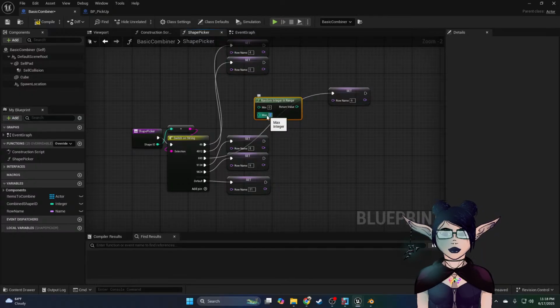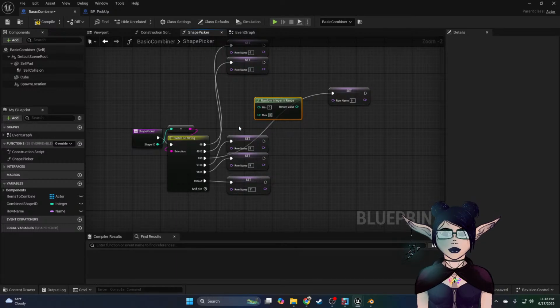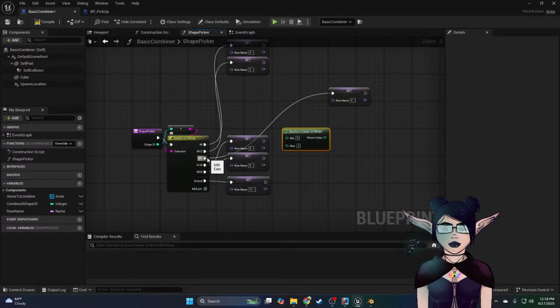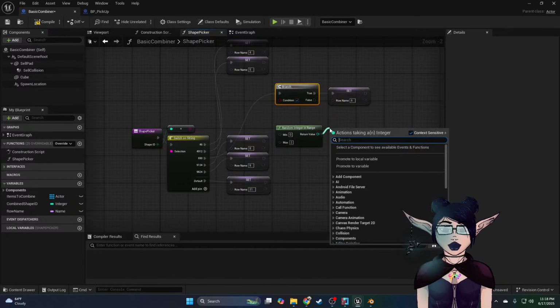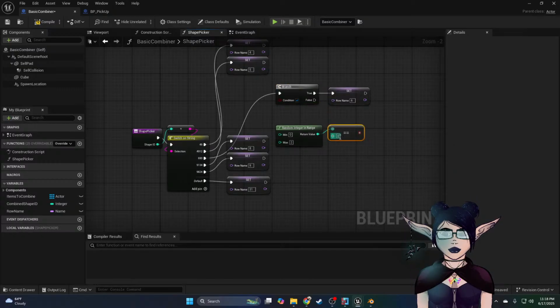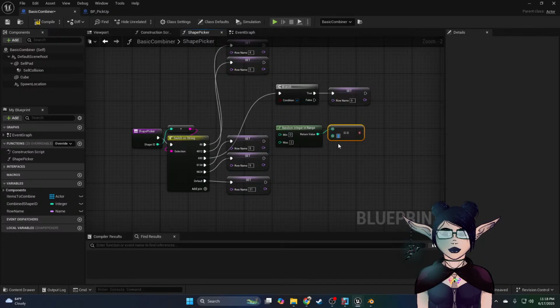So say this is 2. And come off here and make a branch. And if this number is equal to 2, because that'll be a third of the time, that'll be a third of the time